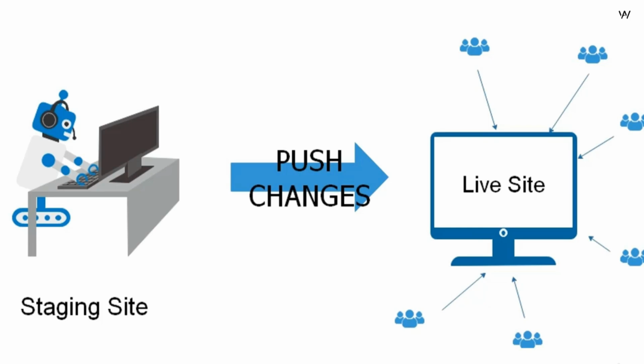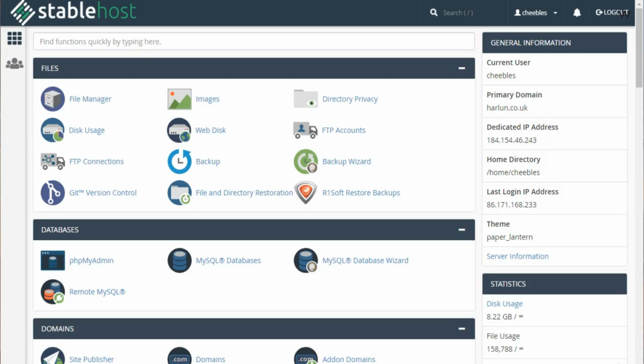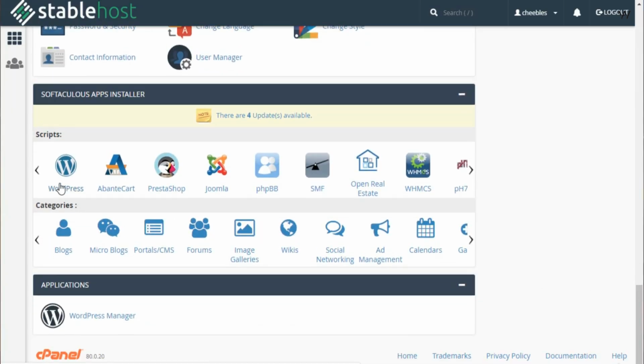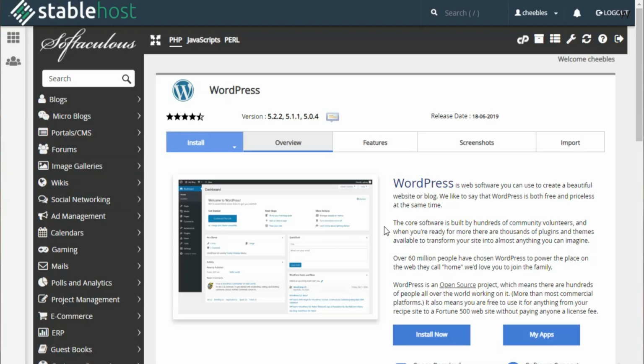So let's have a look at the different options you've got. If your web host uses cPanel and you have Softaculous Installer, there's a good chance that you can do staging directly within your web host. Certainly the web host that I recommend has it. So if we go down to the Softaculous app installer and click on WordPress, then you're taken to this WordPress installation screen, which, if I scroll down, you'll see a list of